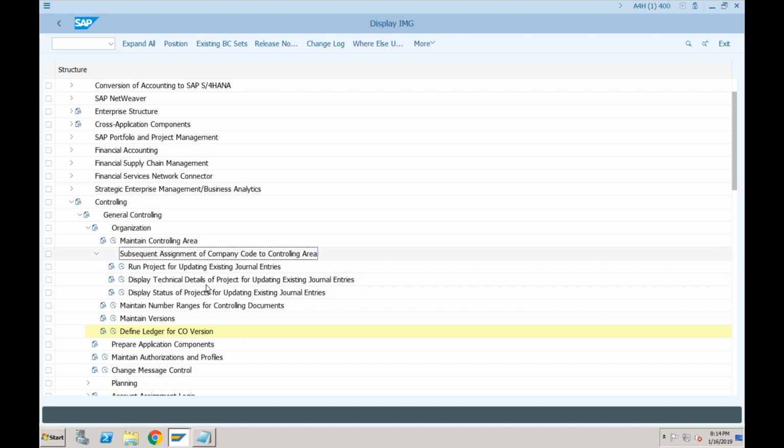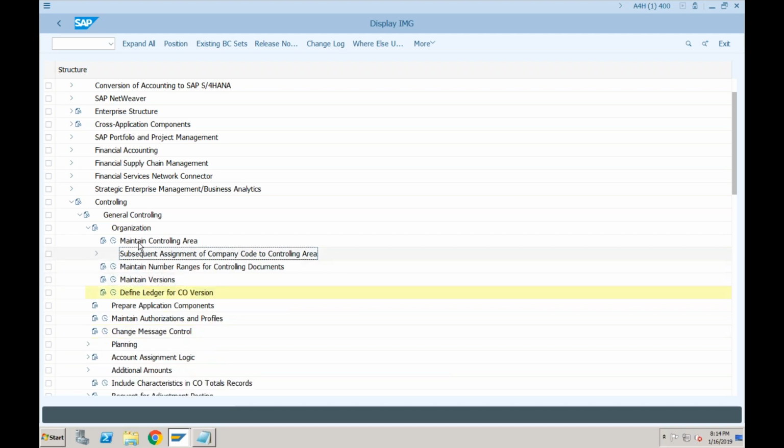This has to be done by SAP support. Okay, so just forget about this as of now. This is, in short, a completely different project to activate the controlling area subsequently. It is just like subsequent document splitting, which is also new GL functionality and itself a project. So just don't worry about this. This was even possible in SAP ECC also, but the folder was not available in between here.